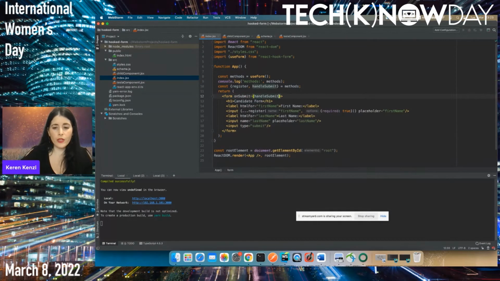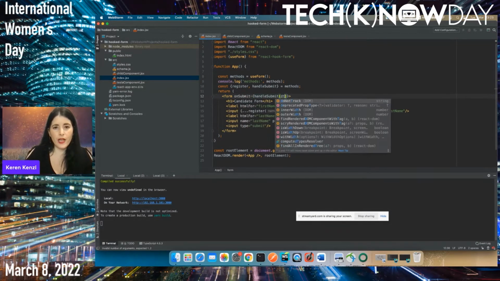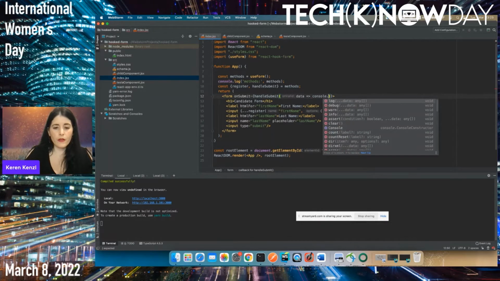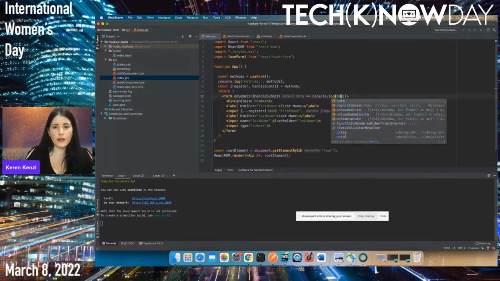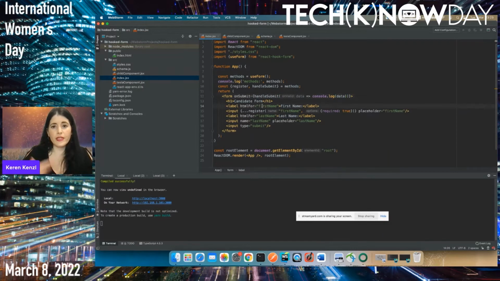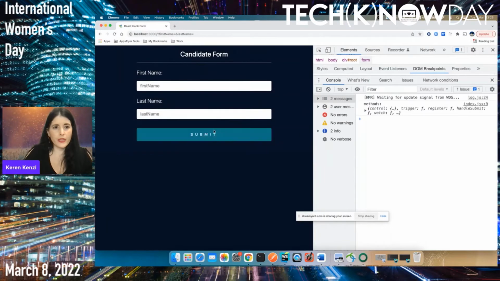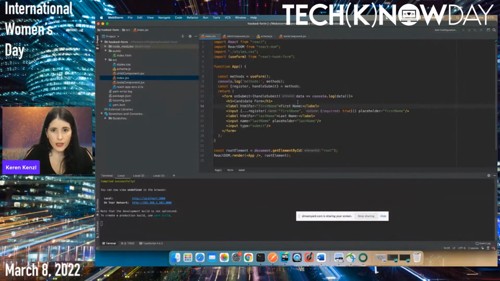For now, what we need to do is just to print. I just want to show you an example. So I'm just going to print the data to the console log. So we can see that the first name field is being registered and listened to. So for example, when I click now on submit, let's just handle submit, console log the data, and we have the field here, register,